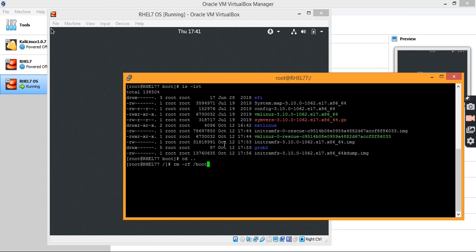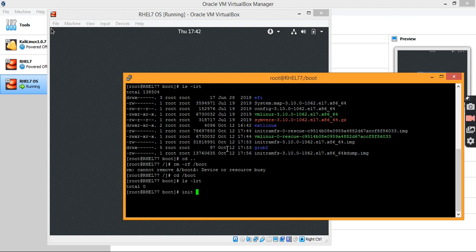It is going to remove all the contents under the boot directory, all the objects. So I ran this command, verifying all the files have been removed, all the directories, all the contents inside the boot directory have been removed. It is deleted.